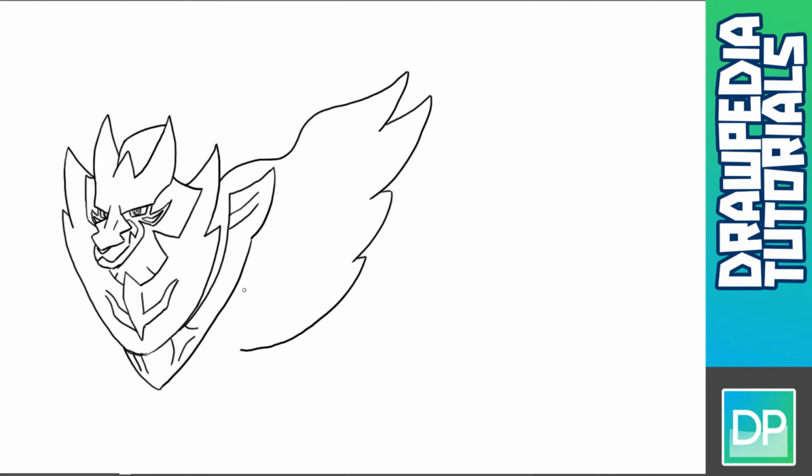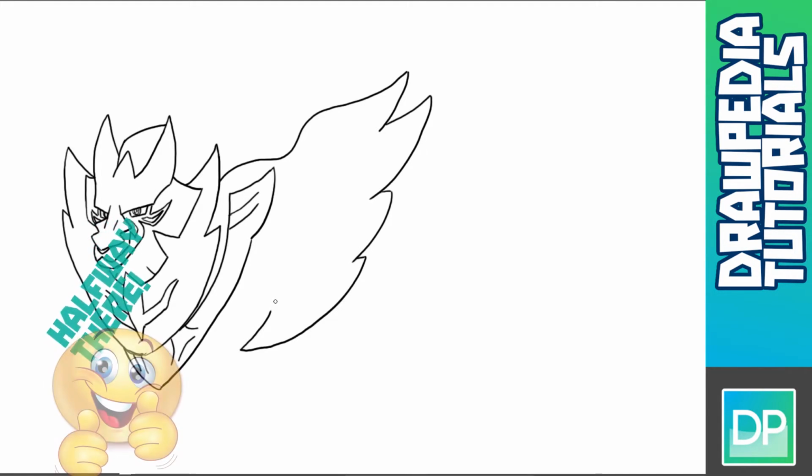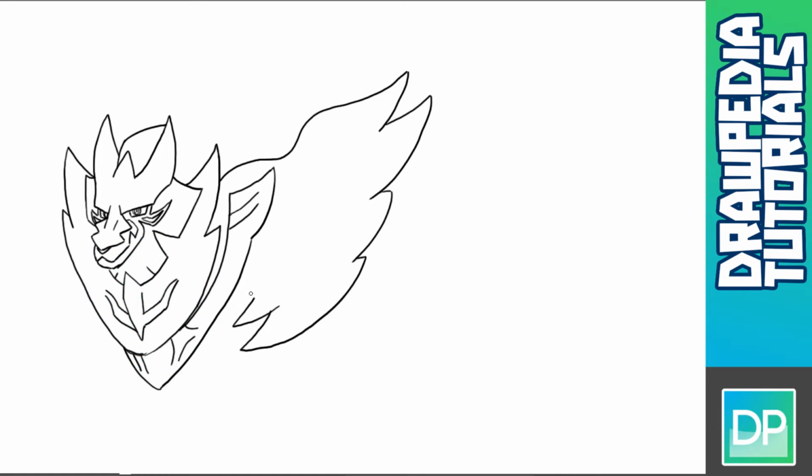And then I'm gonna make a sharp turn back to the right and up, and we're gonna copy another shape right there and up to the corner right there, and a curved line at this point. And for the patterns for the third layer, I'm gonna draw a curved line all the way right there,